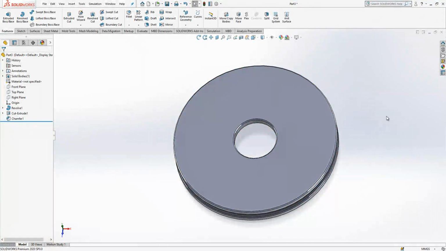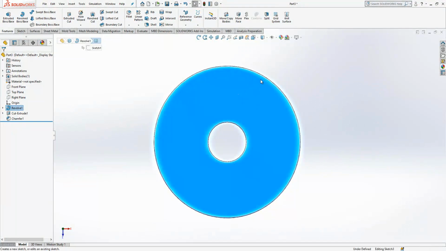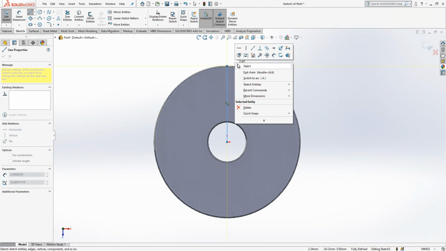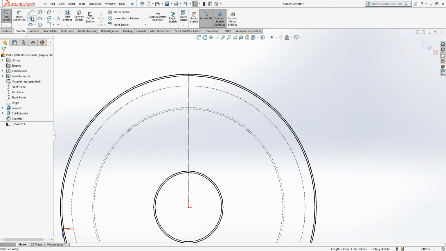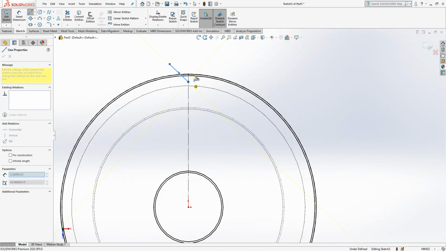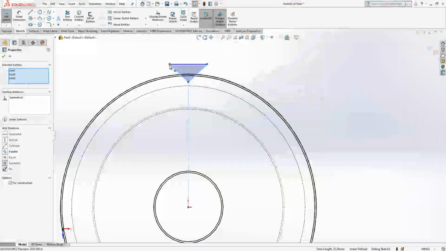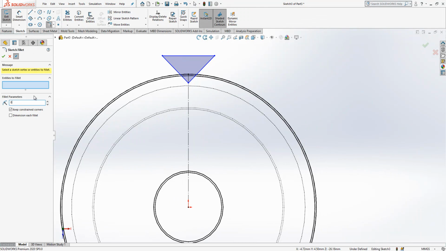Now I will cut my outer shape, for which I will create a sketch like knurling. Yes, this is a construction geometry, and I create something like this. Control is pressed, these 3 objects selected, and I make symmetric, and this to this will be perpendicular, so 90 degrees, let's say. And here is 0.5 radius here, guys,